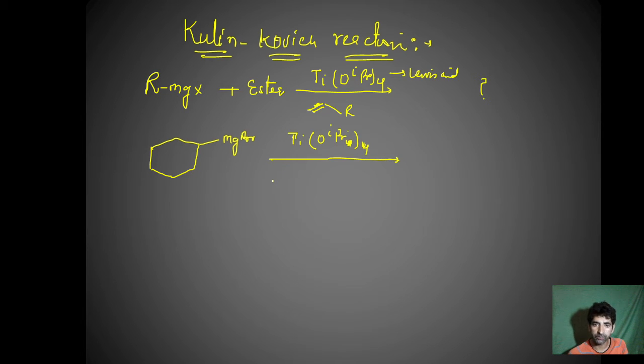In the next step, what is given? It is treated with alkene. This is the second step of reaction. And in the third step, it is treated with ester, that's MeCO2. This is the third step of the reaction. These are the reagents, and to these reagents, this Grignard reagent is treated.